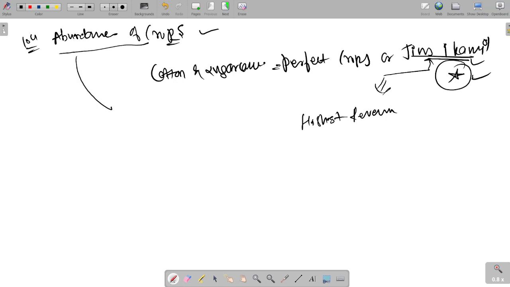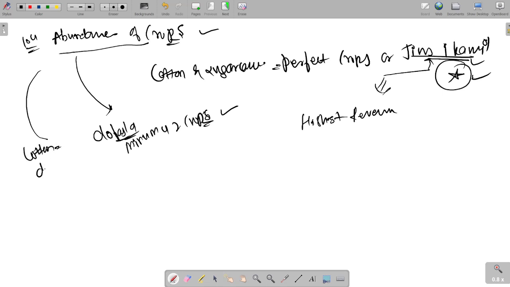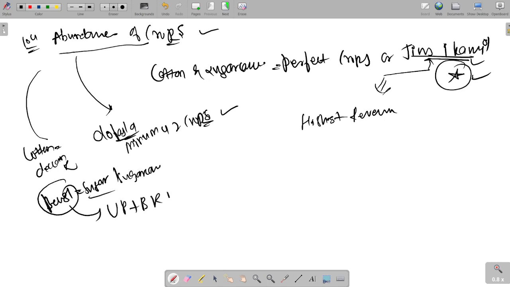Another term which shows us the abundance of crops is do fasla, that is, minimum 2 crops. The majority of cotton was grown in the Deccan region, and Bengal was famous for sugar or sugarcane. Guys, the Bengal of this time included some parts of UP, some parts of Bihar, some parts of Assam, and Northeast India also,